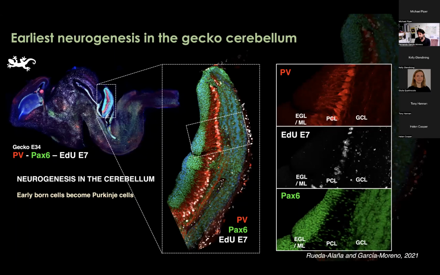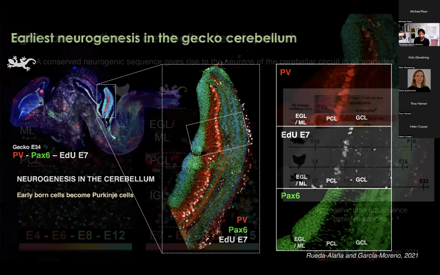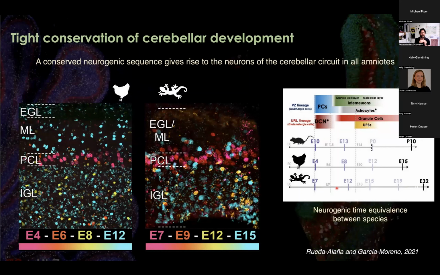These cells are expressing parvalbumin, do not express PAX6, therefore they are Purkinje cells. And we have repeated these experiments for many other stages in the gecko and also in the chick, and what we have identified is the exact same sequence of neurogenesis of the many different populations of neurons in the cerebellum. First neurons in magenta are Purkinje cells, both in chick, in gecko, and also it was described